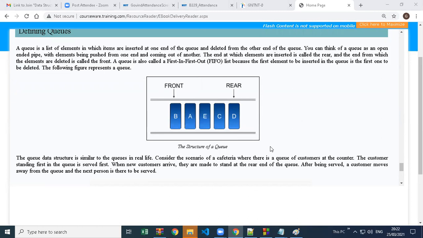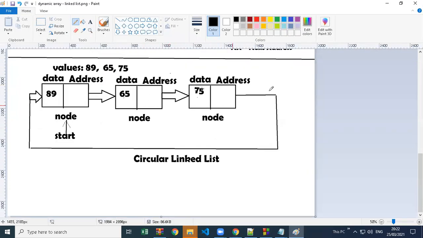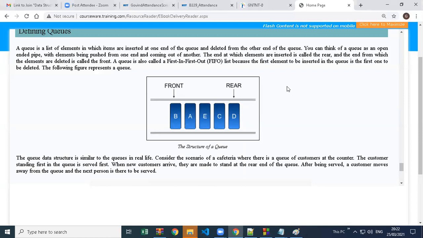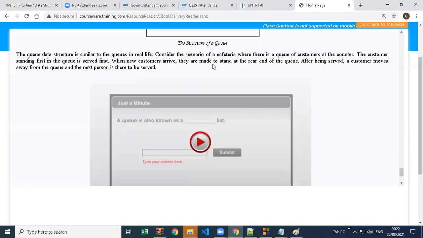Yeah, I think in the picture which I created, that is closed also now. So see this picture now. They are saying, let me read again. The end at which the elements are inserted is called rear. So from here we insert elements. I called it, I think, front. And the end from which the elements are deleted is called front. So we are inserting elements from here. You inserted B, then A, then E, C, and now D we are inserting. So we are inserting from the rear end and removing from the front end. So this is FIFO, first in, first out.